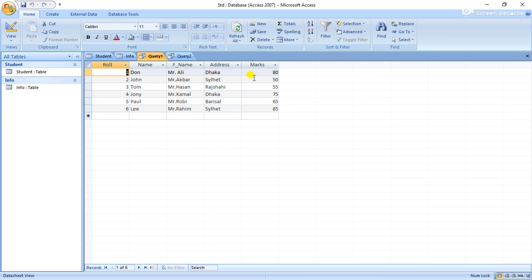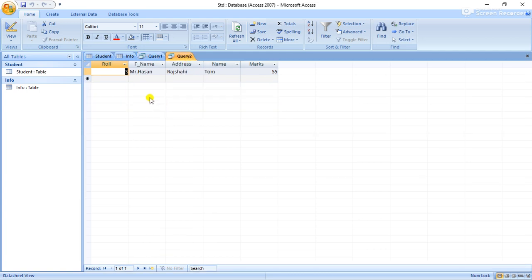So here is a relationship between two tables, and this is a condition-based relation. When we put roll number 3, then we get only the information for roll 3. Here roll 3's father name is Mr. Hassan, the address is Rajshahi, the name is Tom, and the marks is 55. So here we have created a relationship between two tables.